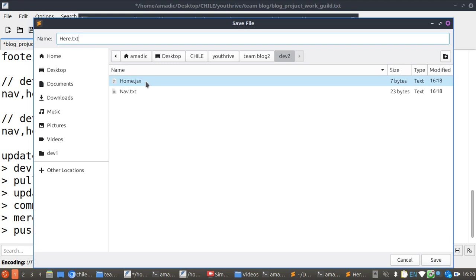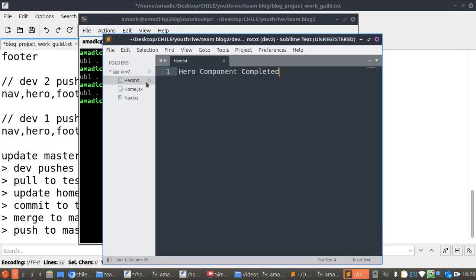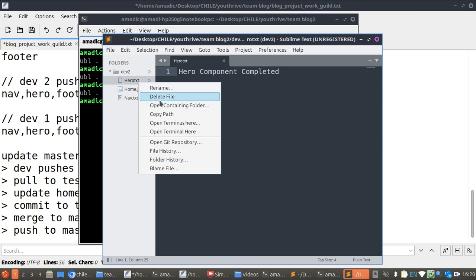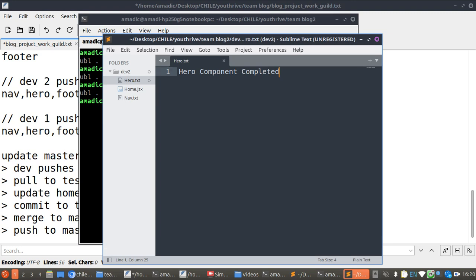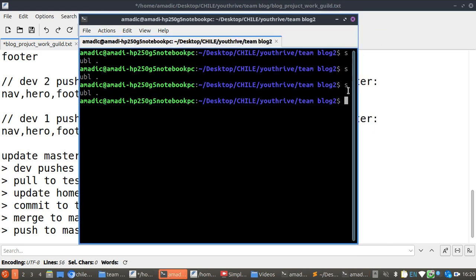So the file extension is not an issue. What is an issue is the order. So not here, hero.txt. So if I do this now, sorry, let me rename that, .txt. So that is saved. So now the next thing I want to do is to close this terminal, and